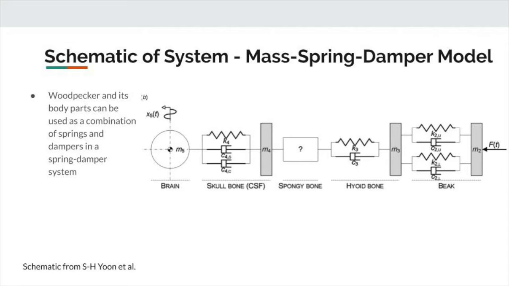Young's modulus plays a crucial role in determining the overall force experienced by the woodpecker. Young's modulus describes the resistance a material has to being elastically deformed, and the individual bones in a woodpecker can be approximated as springs, with their spring constant proportional to their respective Young's modulus. The damping coefficient of each body part is experimentally determined, and the initial impact travels through the beak of the woodpecker, then undergoes further damping by the hyoid bone, while finally reaching the skull and cerebral spinal fluid, where it gets completely dispersed. The woodpecker then retracts to strike again.